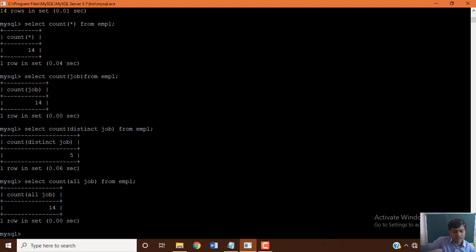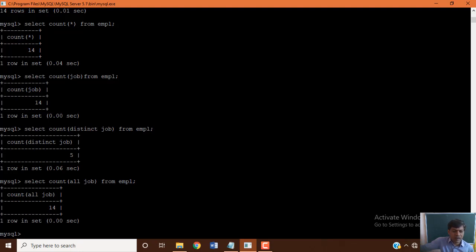And one more thing you need to remember about asterisk and a specific field. When you specify count of asterisk, the operator will include the duplicate values as well as null values. But when you go for count of a specific field, that is an attribute name or column name, null values will not be counted.